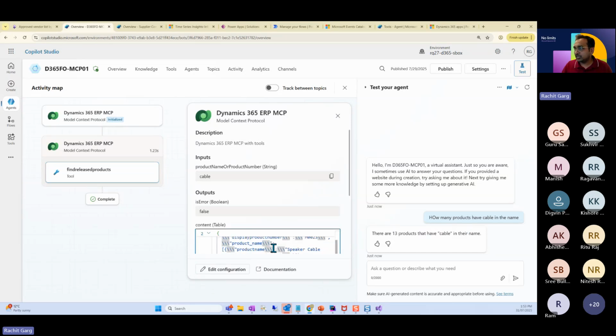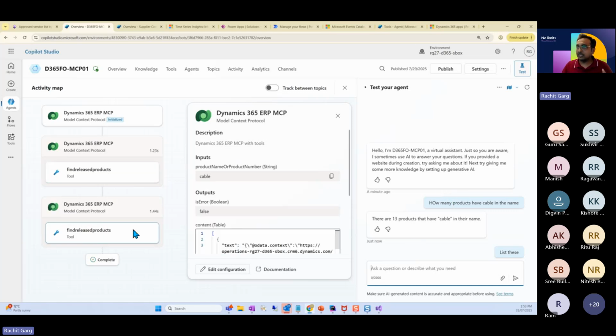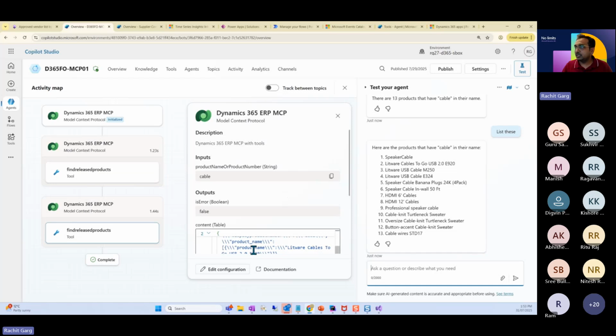Even though in the response it has got all the product names, because my question was how many products there were, it has given me 13. And if I say list these, it will understand that I'm talking about the previous question and it will list these products again. So how this is working is basically Dataverse APIs are coming into the picture. Now, Guru, as I said, it's a bit more technical.